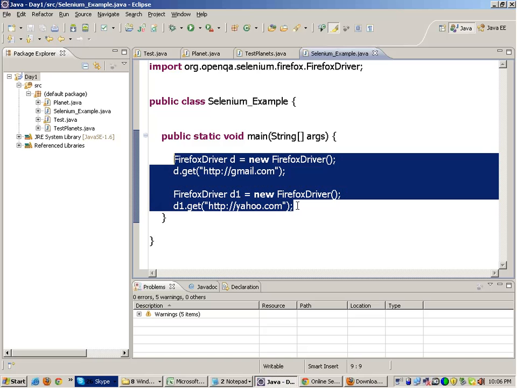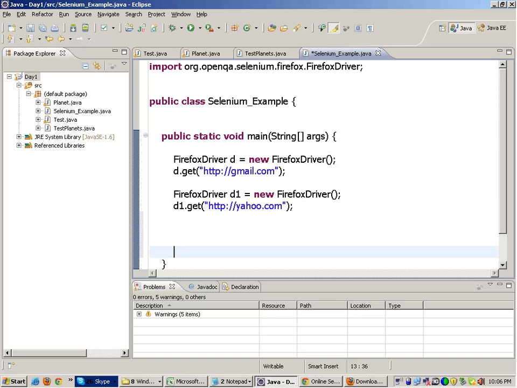Okay, I'll talk about ChromeDriver, how to work with Chrome. I'll talk about that. First of all, let's